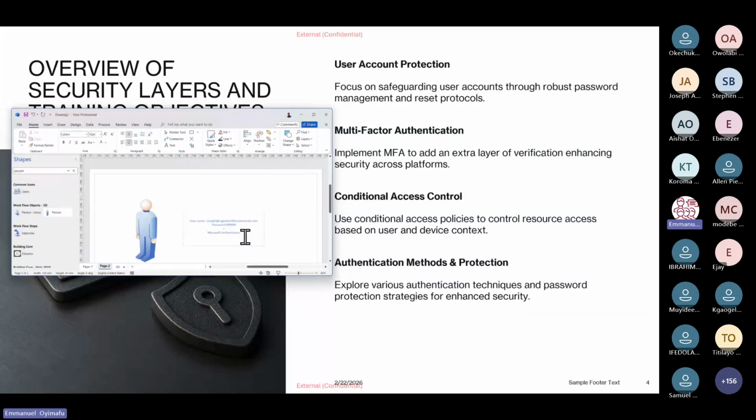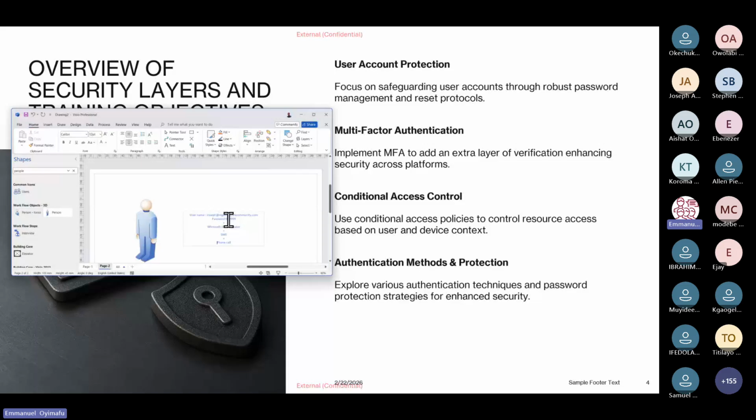So what this means is that you are trying to verify that user, but you are not using a single factor. You are not using only password. You are using an extra layer of verification to enhance security. Because if you use only password as the protection layer, and for instance the password of that user is guessed, and the person even logs in, it means that the person has access to the information and the services that Joseph has access to, which is not best practice.